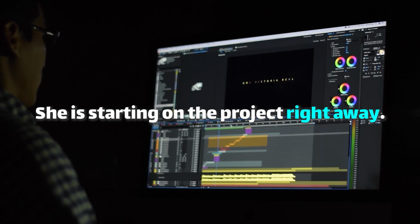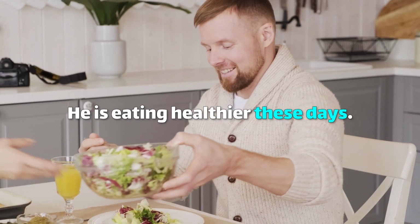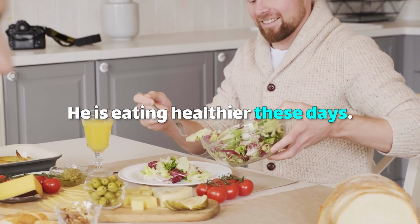specific period. There are some other helpful signal words that highlight present progressive actions, especially in specific situations. Right away. For example, she's starting on the project right away. "Right away" indicates she's beginning immediately. These days, nowadays. For example, he's eating healthier these days, which emphasizes a temporary change in habit. These extra signal words add more context to present progressive actions, whether they're starting immediately, happening now, or showing a